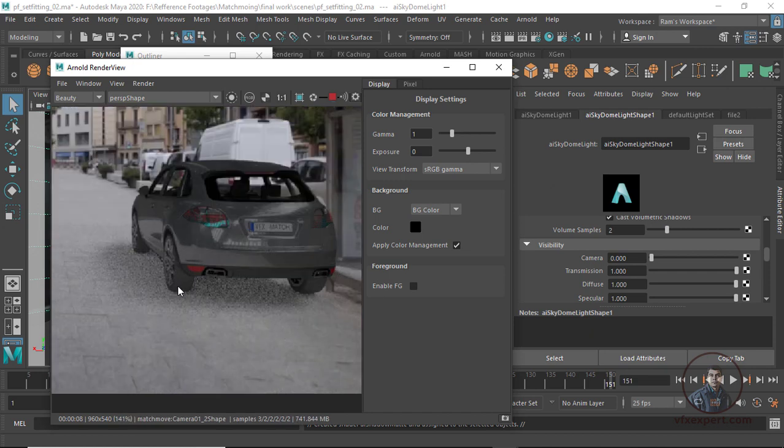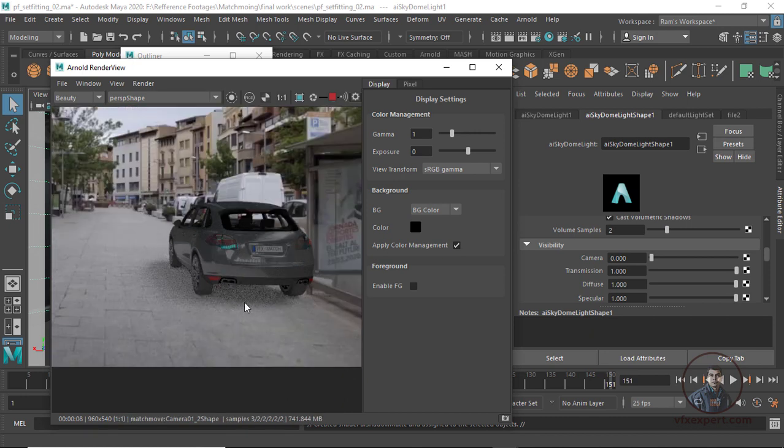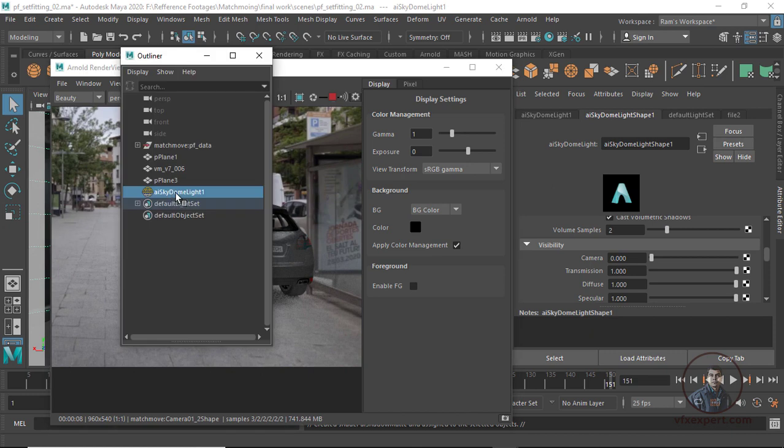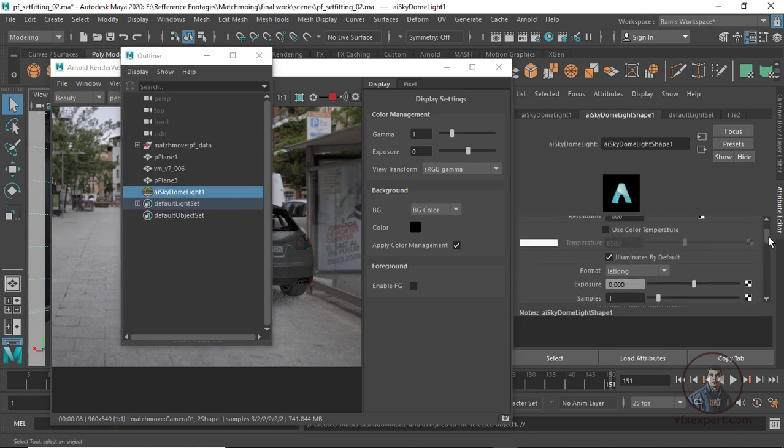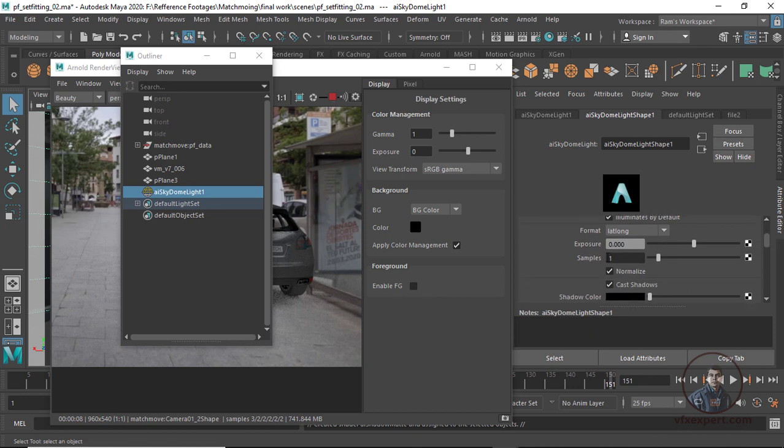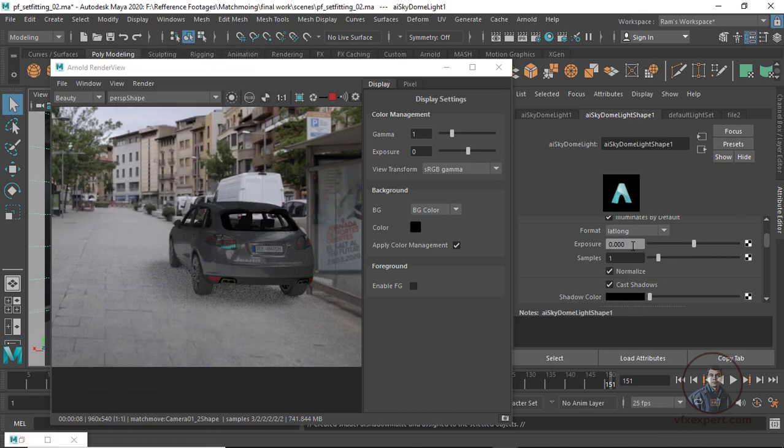But you will see this shadow is not of good quality, it is a little bit noisy. For this, again select your HDRI image, and downside just below the exposure there is a parameter called Samples. Increase this value a little bit. Minimize this one, now increase the samples, maybe to 5.